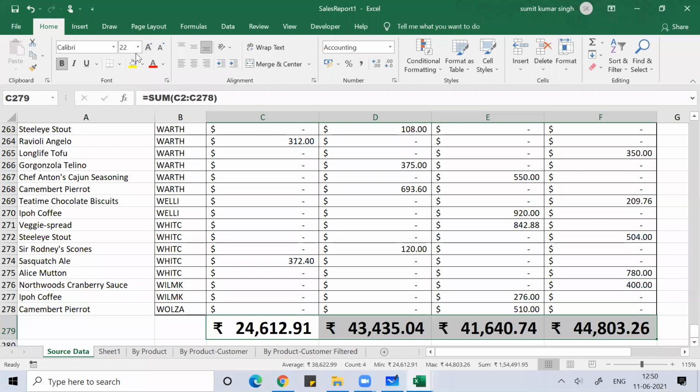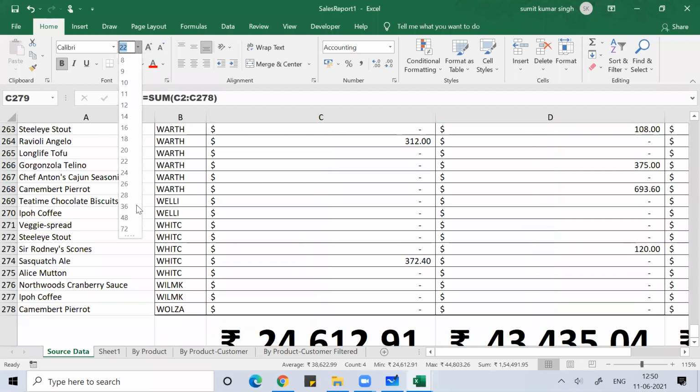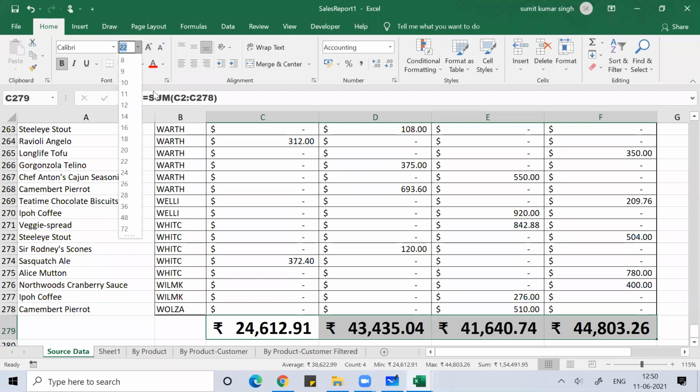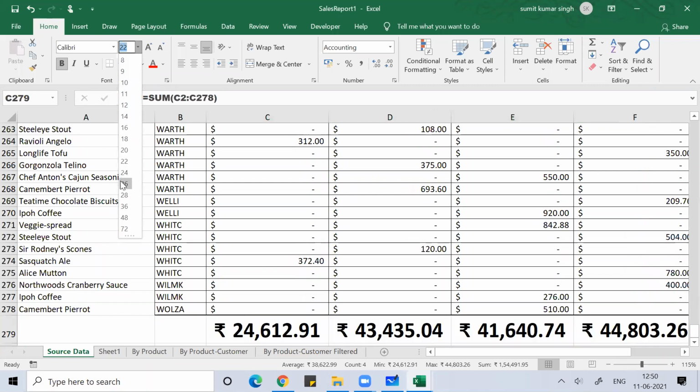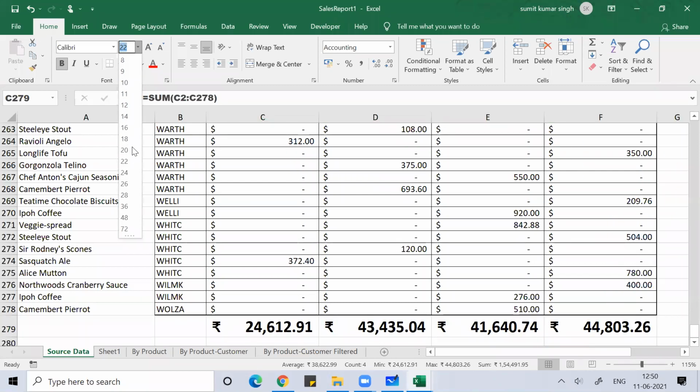The same thing you can do here by using this. You can change this by using this. I hope you must be aware of this. No? Don't tell me you're not aware of this. You can change whatever you're writing. You can change your font size with this.